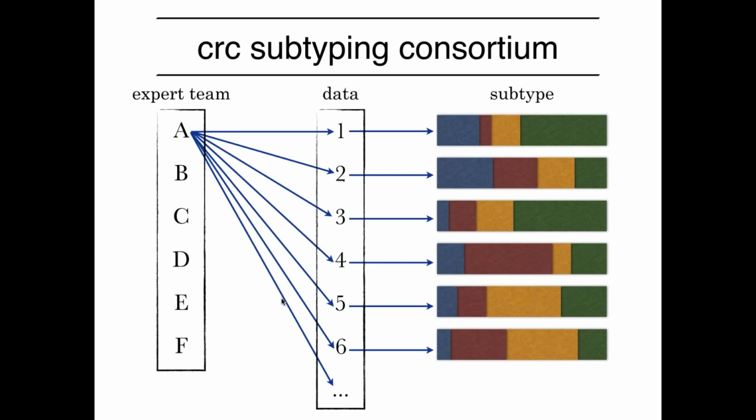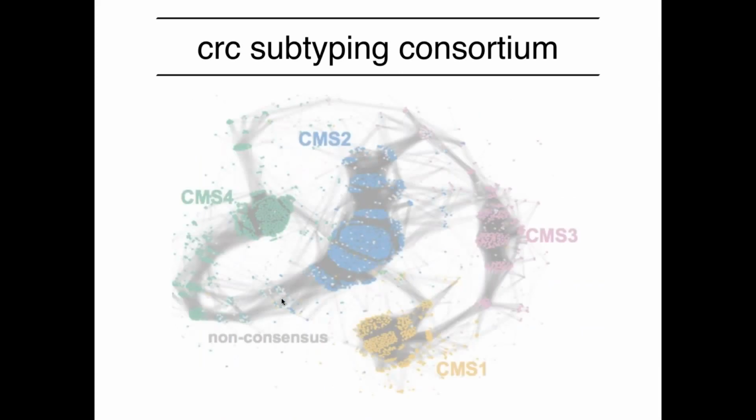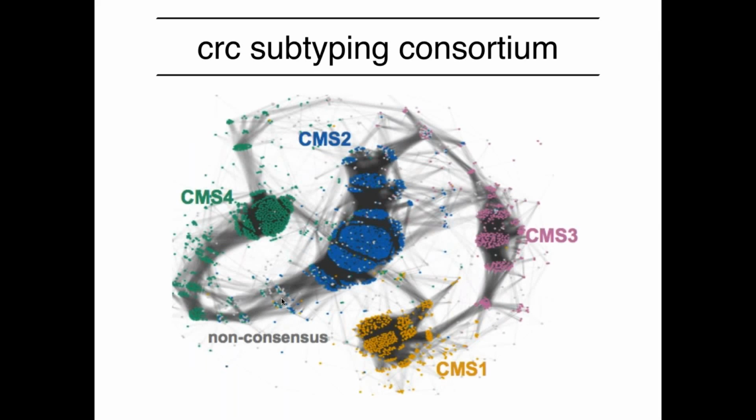We can start to tease apart why we were seeing those differences in the subtypes. So was it due to analytical methods? Was it due to technical differences between the way the data were generated? Was it due to actual subsampling of the colorectal cancer space? And at the end of the day, what we ended up finding is that generally these groups actually agreed with one another.